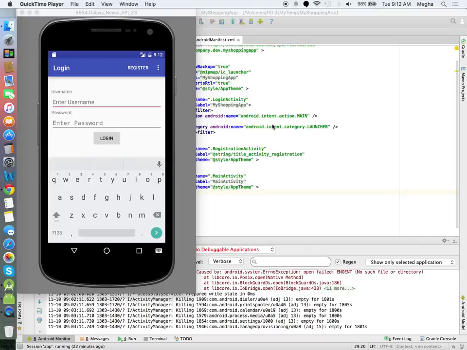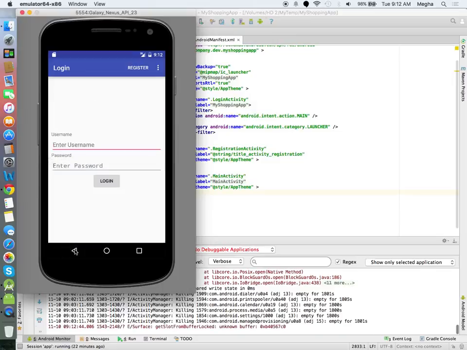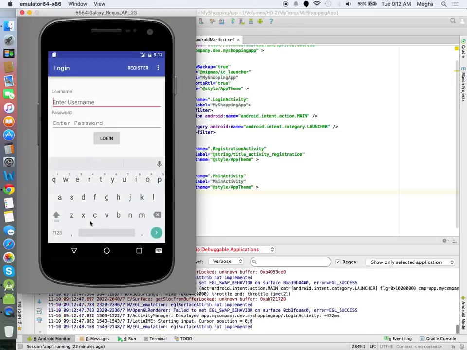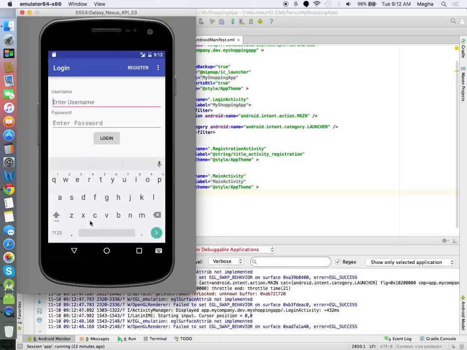Okay, I hope you guys know how to bring up the software keyboard. I do see some sort of design flaw here. See, as soon as my application is launched, it immediately gets focus on the edit text and the software keyboard immediately pops in. I don't want that. I want it only when the user taps, because this behavior will come only when there